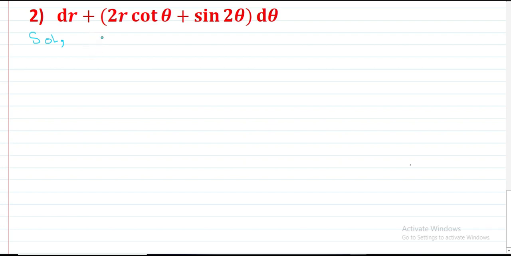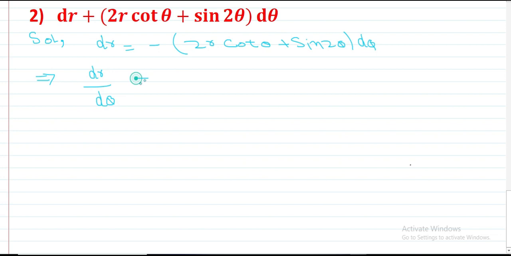We can write it as dr equal to minus 2r cot theta plus sine 2 theta d theta, which implies that dr by d theta equal to minus 2r cot theta minus sine 2 theta,